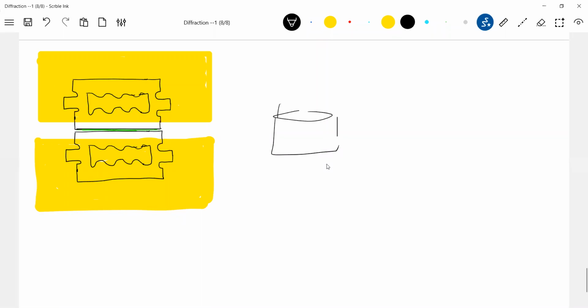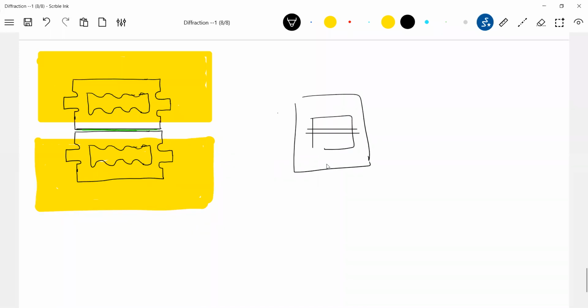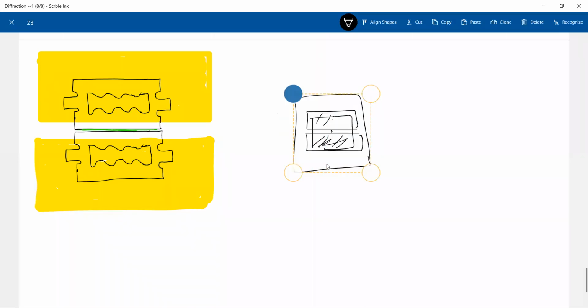You can fix one blade here. The other blade, you fix it up too. Or better, stick them to cardboard. Take cardboard, make an opening like this, then fix these blades here. This will be one blade, this will be another blade. The narrow gap is this one. But one should be movable. You adjust it, or ask a family member to move it, and you focus the laser beam on this. You see the pattern.